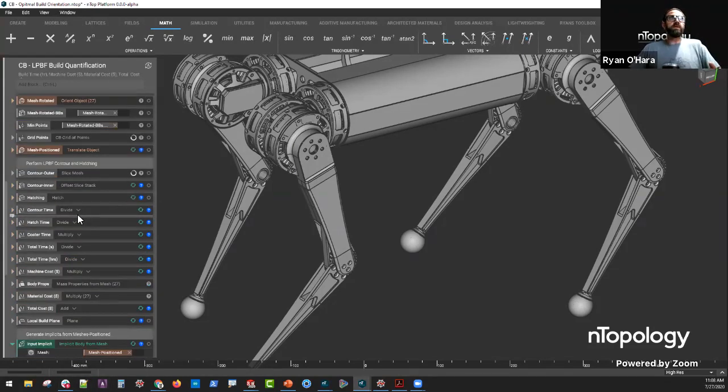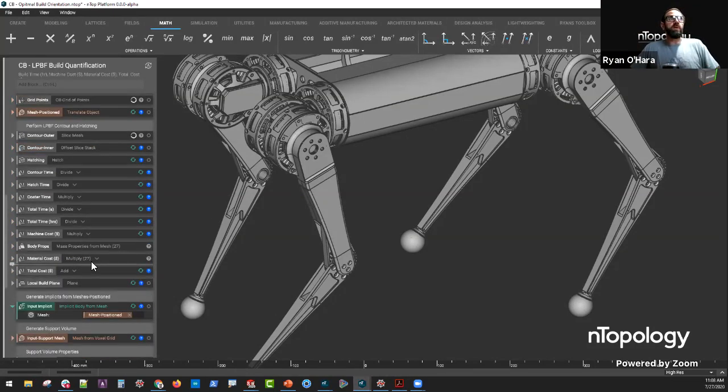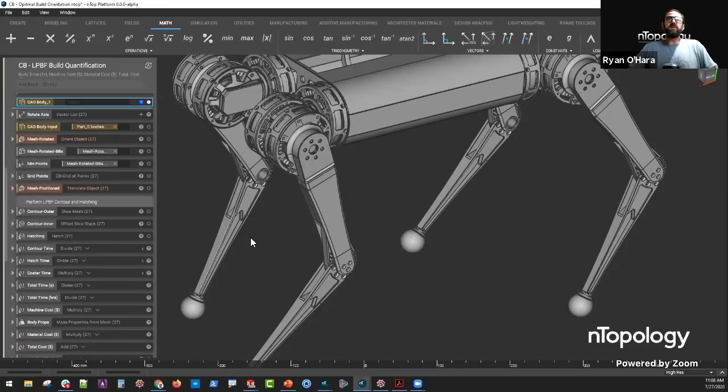And the cool part here is that this repeatable process is leveraging that knowledge that I had previously, and we're going to ultimately come up with the cost of an object. In this scenario, this is a slightly more complex part, and it's running through the algorithm. It'll complete here shortly. But this is taking those 27 parts, creating meshes from them, slicing them, and then running